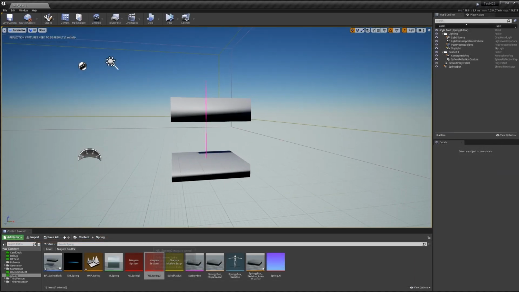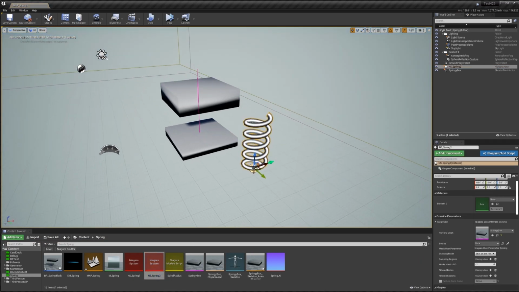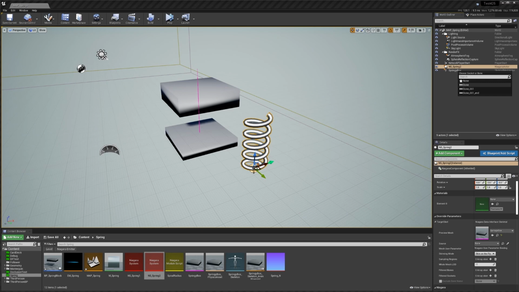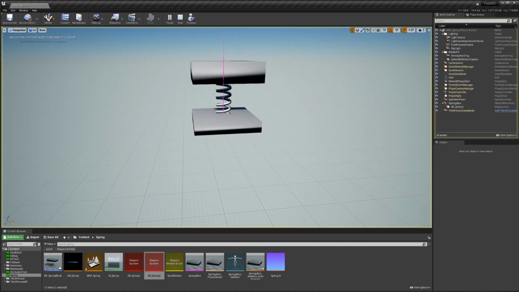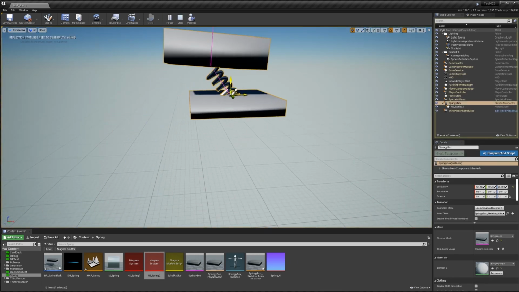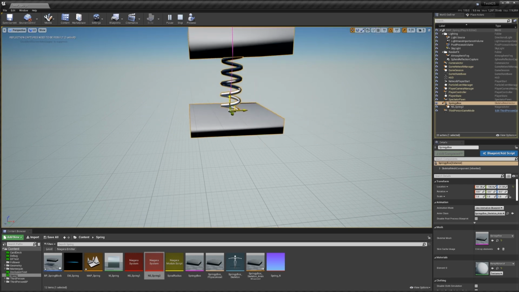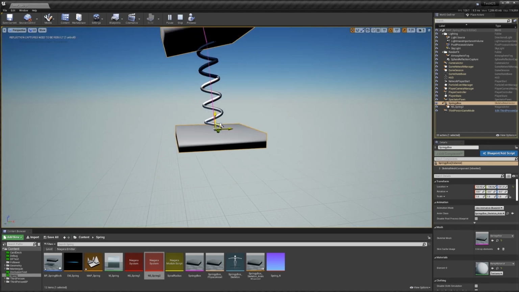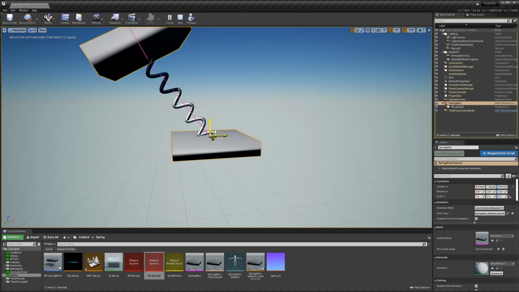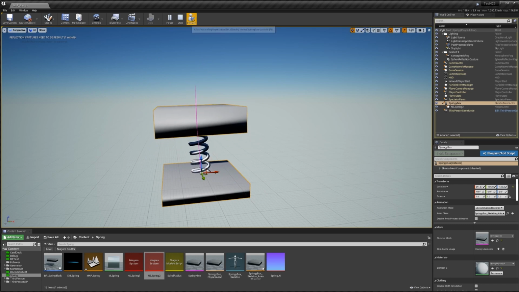What's really great about this is that I can just throw it into this scene, attach it to my box, specify the bone that I want to attach it to, zero out those components, and then when I press play, the bone data is automatically grabbed. Now I can expose and edit this if I want to, but this is a really great little example of how you can add substance to your effects really quickly inside Niagara.